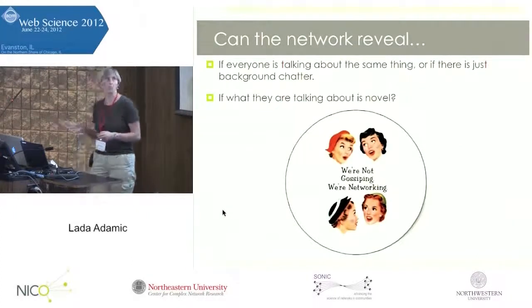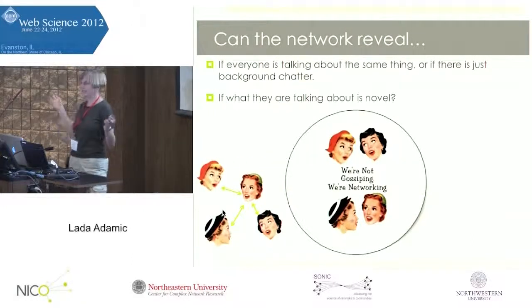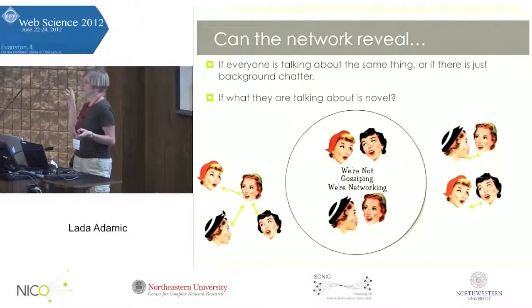So just to recap, right, you can imagine that you're at a dinner party and you can't really hear what everyone is saying, right? There's kind of some chatter and you can tell who's talking with whom, but you can't hear what they're saying. And the question is, can you infer whether something new has happened? You know, perhaps someone saying, hey, I just got a new awesome paper published, right? And everyone's kind of reacting to that. Or perhaps it's just background chatter, there's really nothing of significance and everyone's talking about something different.